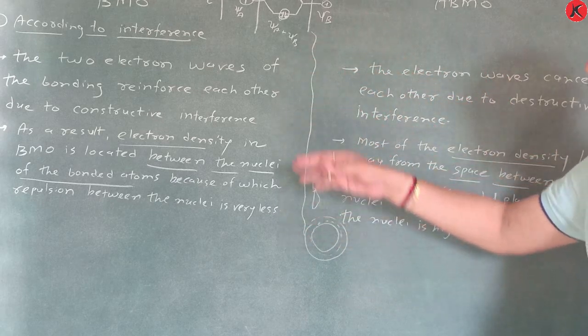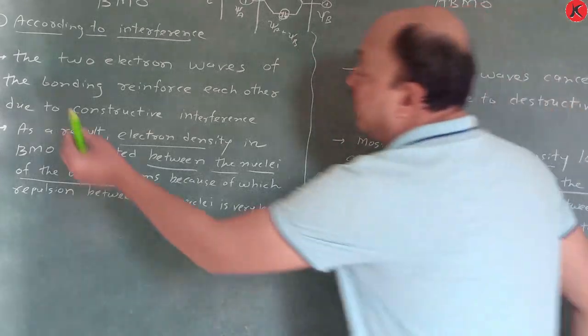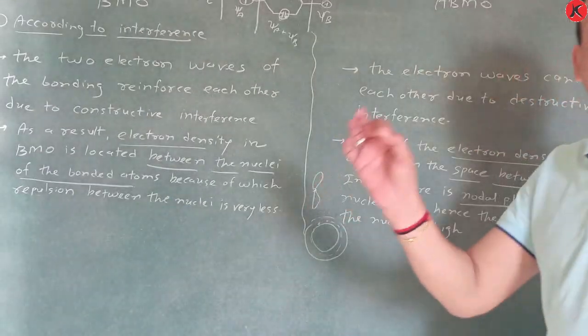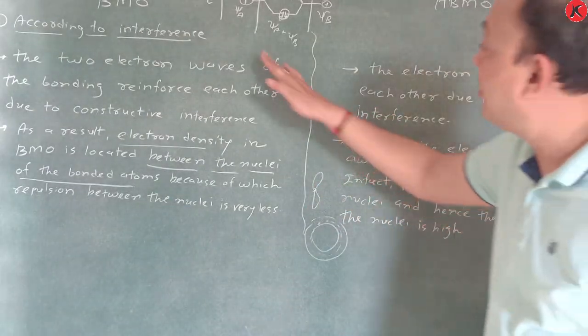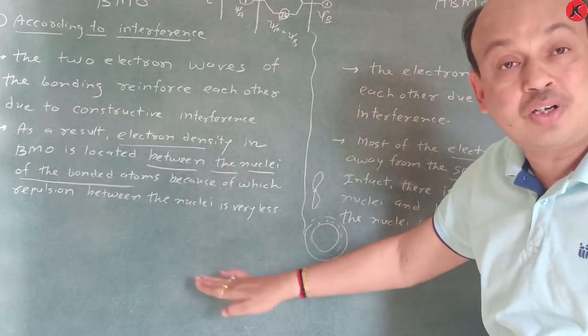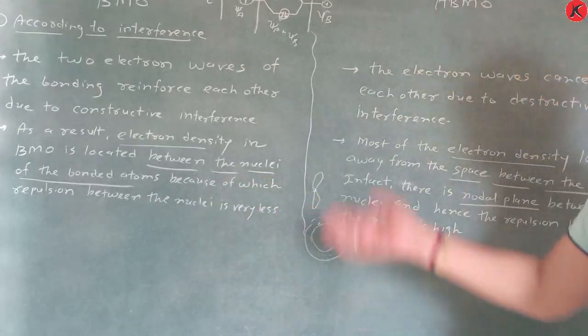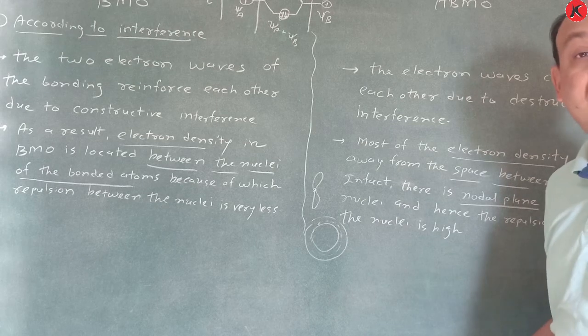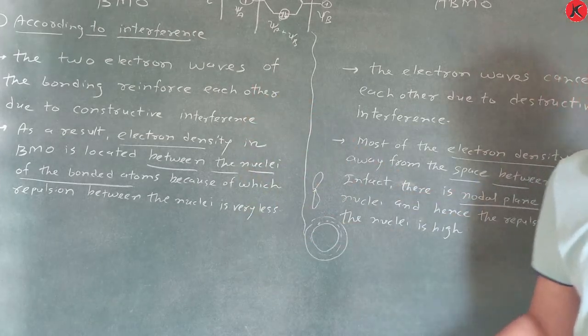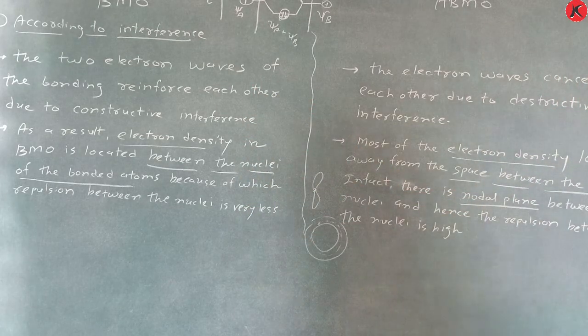This is a continued topic. Suppose this question is asked: distinguish between BMO and ABMO. This is the first topic, this is the second topic. Now the third topic, energy level. According to that you get 3 out of 3 marks if you write these topics. Write it completely. Take a screenshot.